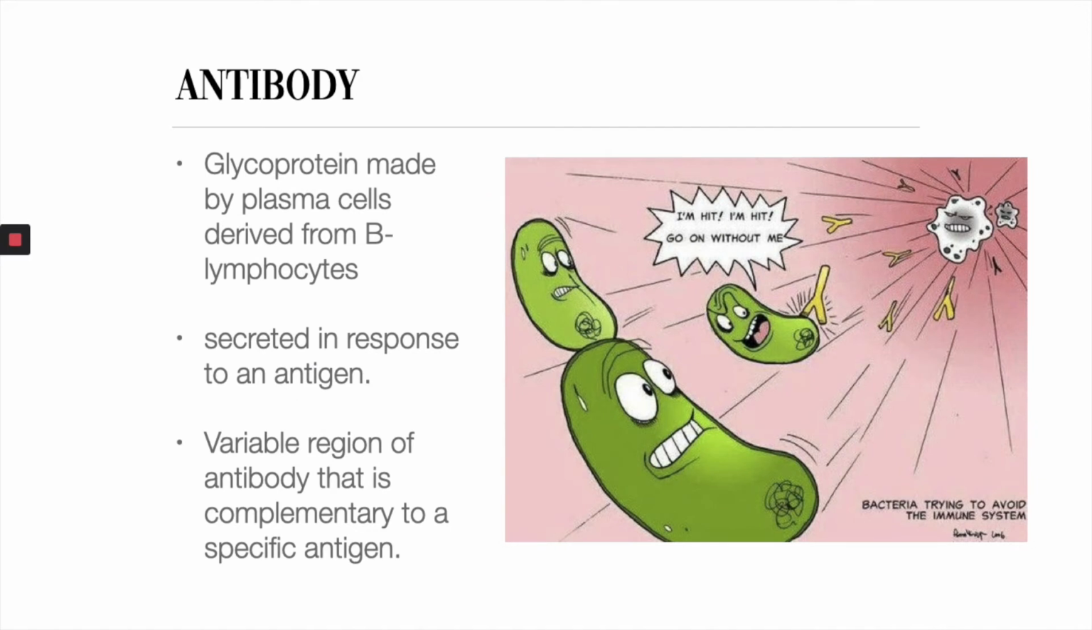Antibody, on the other hand, is a glycoprotein made by plasma cells derived from B lymphocytes. It is secreted in response to an antigen, with a variable region of the antibody that is complementary to a specific antigen. We will tackle more of this later on, but in this image, as you could see, it is a comic